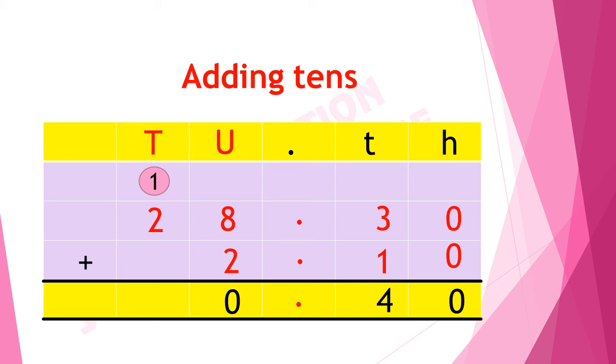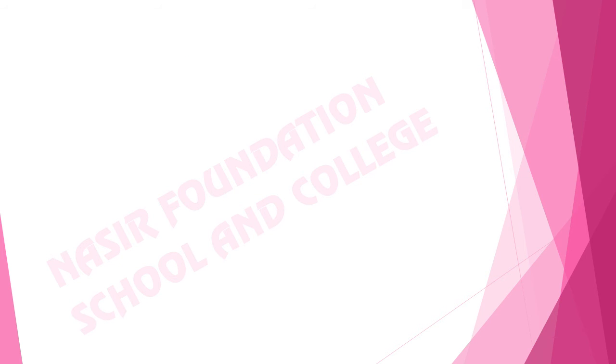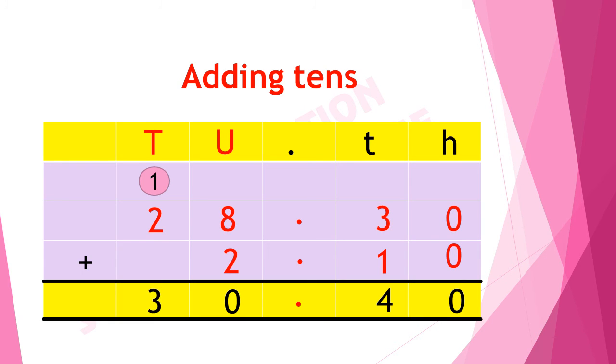Now we will add the tens column. In the tens column there is 1 and 2. If we add 1 and 2, what will we get? Let's count the shapes to add the numbers. 1. To 1 we will add 2. 2, 3. We will write 3 in the tens column. The decimal point is aligned according to the place value.